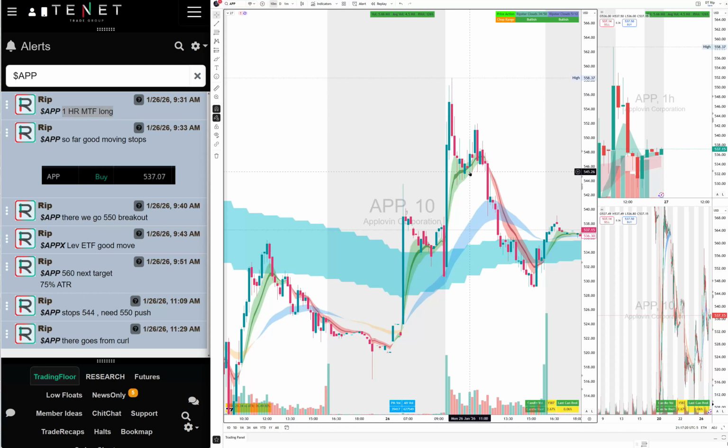It pulled back, held the clouds, and then finally broke down. It did hold the clouds so far, pushed towards 550. This is where we exited it. So we still exited in the green, around where we entered, but the main trade was right at the open. You could see my entry there as well, 537, and 550 was the breakout I gave the traders. Once we broke 550, we hit 558. It was a beautiful trade. We were targeting 560, but we did not hit it.